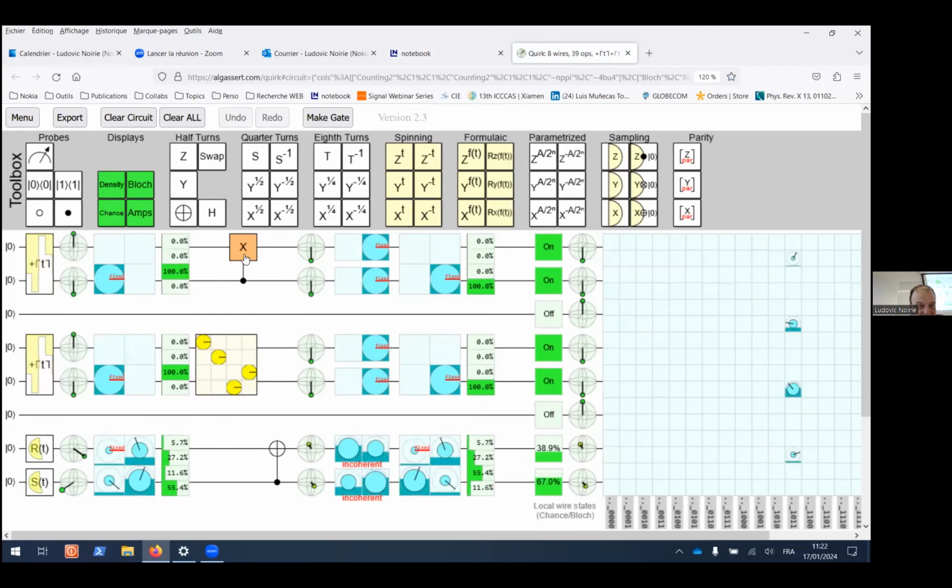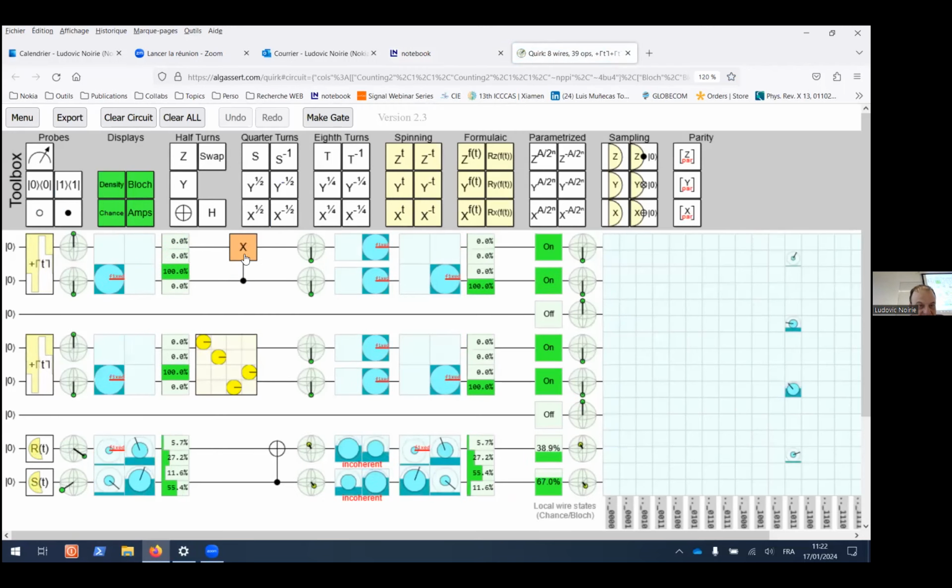You can control any gates. So if you have any gate U, you can control it, and the matrix is something like this. If the most significant qubit is 0, you do nothing. If the most significant qubit is 1, then you apply the gate that you control. I will not show you, but you can have many controlled gates like this. I will just show you without going too much into the detail. You can control H, control Y, control Z, and control anything. I will not go too much into the details of this because time is running.